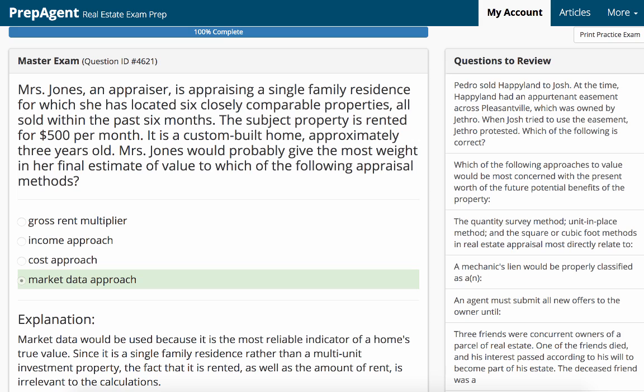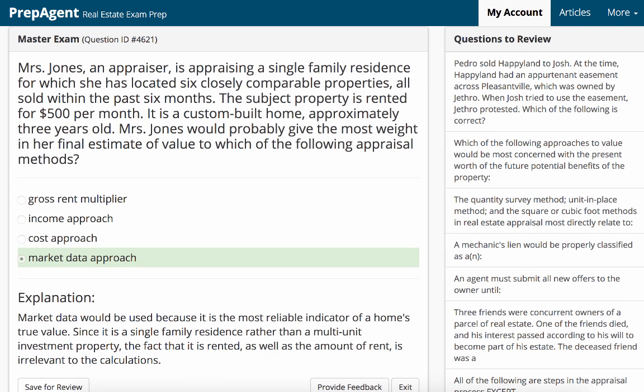So it's just a random uncle who's staying there, like Full House, that show from the 80s, where the uncle just goes in and he's just paying rent. Would that be the income? Well, not really, because it's not really an income building. It's a personal residence in a residential neighborhood where they happen to be renting out a room. The great majority of people buying that place are just people who want to live there. So you compare it to other homes. That's the market data. Now you could use the income approach for things, but the bigger one is the market data approach.